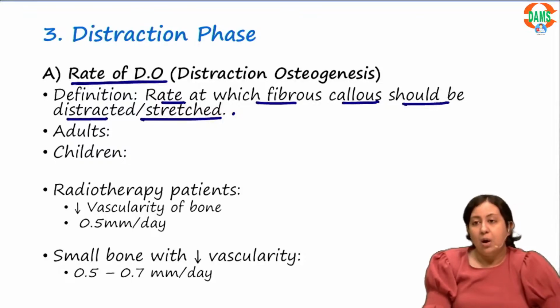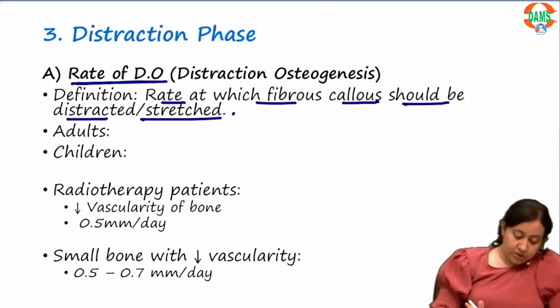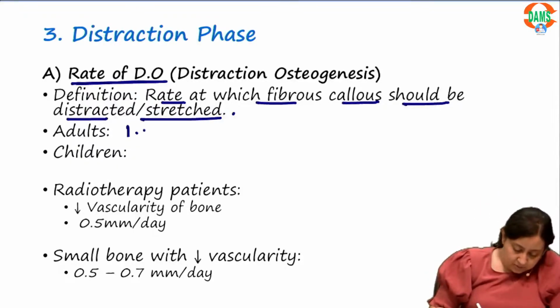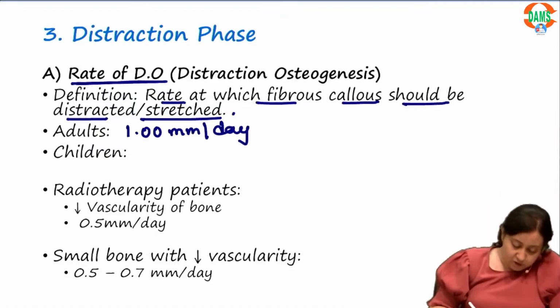So the amount of fibrous callus you are stretching in one particular day is basically known as the rate of distraction. I hope I'm clear. So in adults, it is 1 mm per day. Okay, and in children, it is 1.5 to